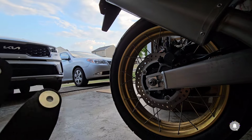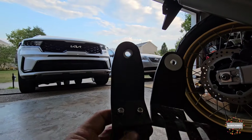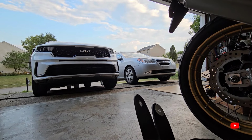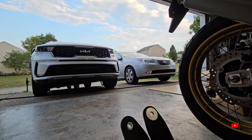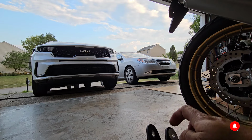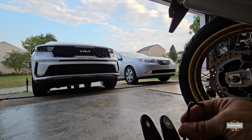So next step is to have the bracket. It comes with two studs, two bolts. So it comes like this, so you have to remove them. Remove both of them, because what we're going to do, we're going to have it open so we can fit it around the